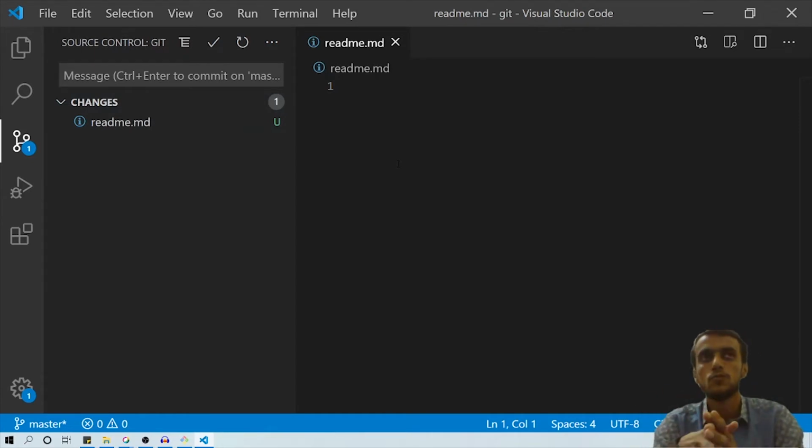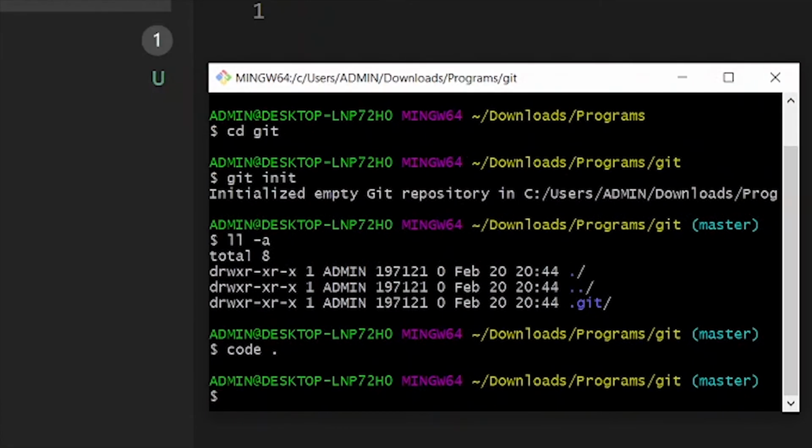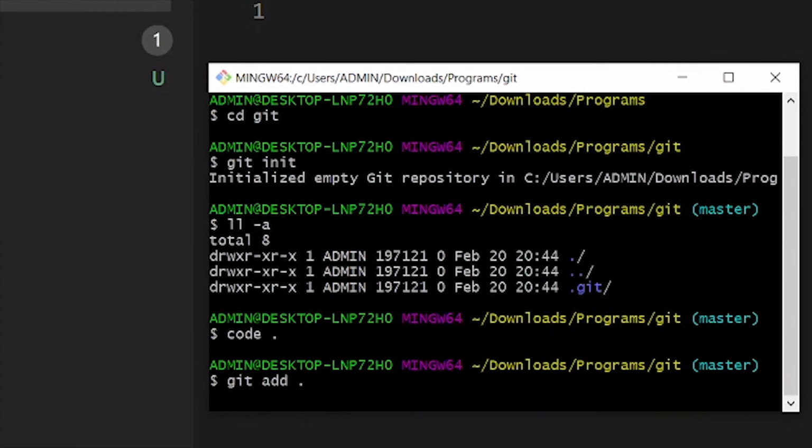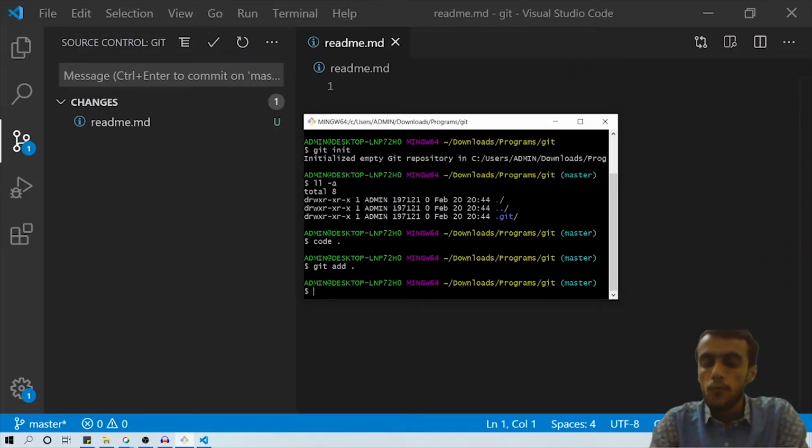This is very simple. Just write git add dot. Git add dot will add all the changes and stage those changes, right?